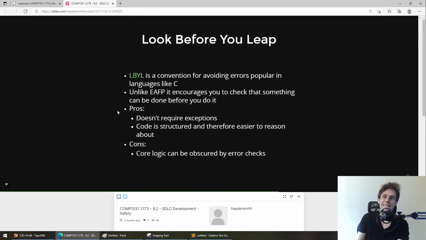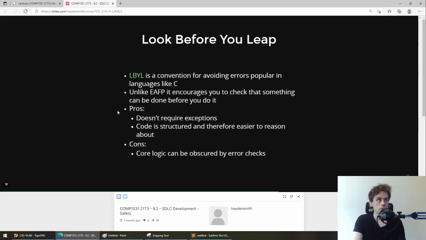The C style way is the look before you leap approach, which says that the only time you do something is if you have established total assurance that you can do it. Back to the tennis example, you don't hop on that court until you have checked that you can and you should and you're allowed and nothing's going to go wrong, and then you hop on it and you don't look back, you do it.